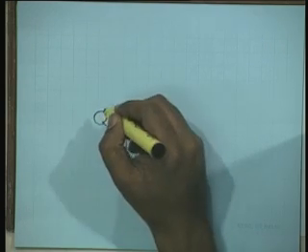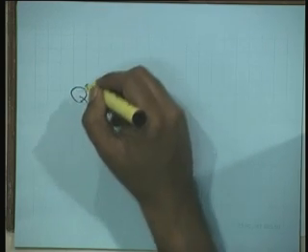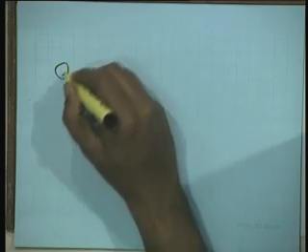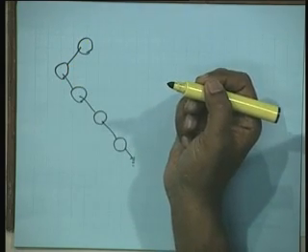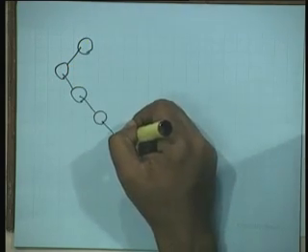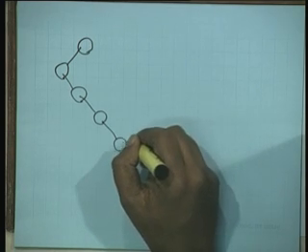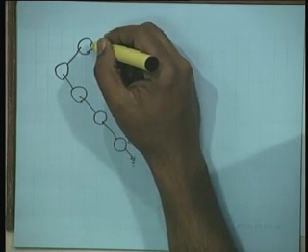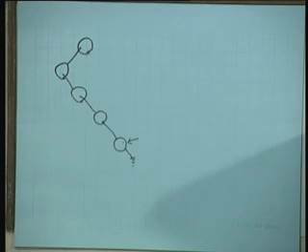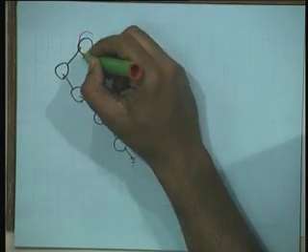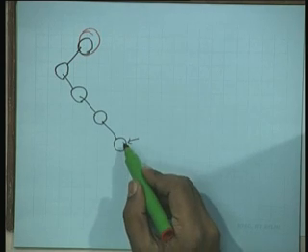Then I go to its parent, and I keep going up to the parent till I reach an ancestor such that this node whose successor we are trying to find is in the left subtree of the ancestor. So this node is then going to be the successor of x.